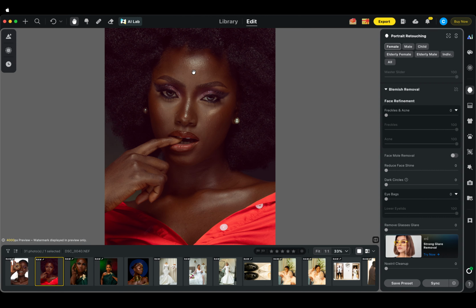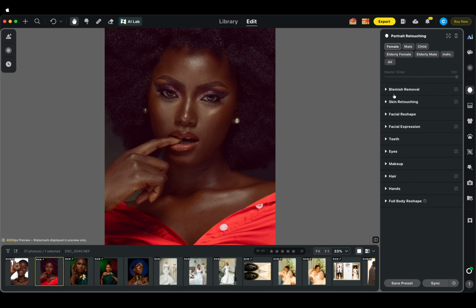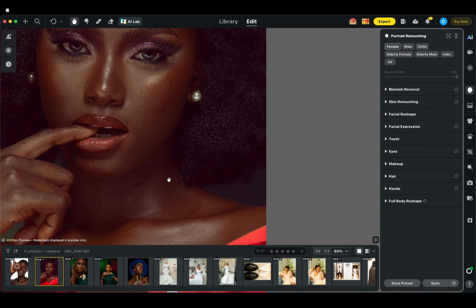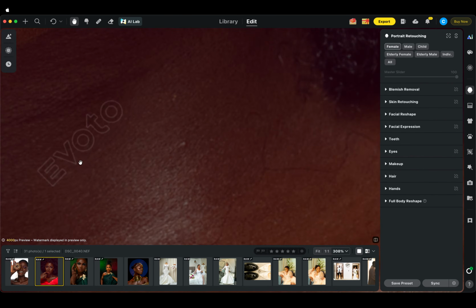Now we have blemish remover, skin retouching, facial reshape, facial expression, teeth, eyes, makeup, hair, hands, and all of that. We have all these sections that we're going to use to edit this image. Please note that the moment you start using this, it's going to bring out a watermark on your picture. Once that watermark appears, it means that you are using